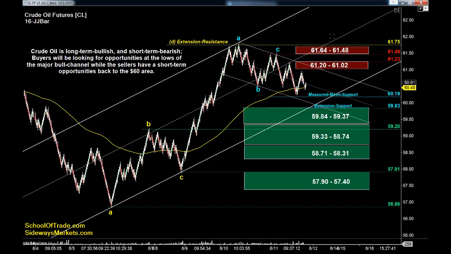Wait for the buyers to get the grade, right? Wait for them to take the bait, and then look to where their stops will be and sell into their stops. Tight first target, lock out the risk, and hold the runner. Capiche? All right, we get the plan here for crude.